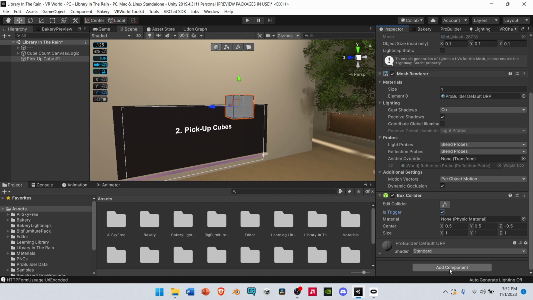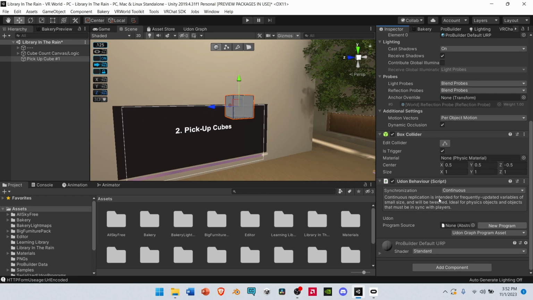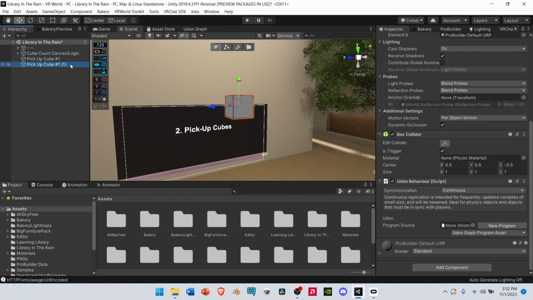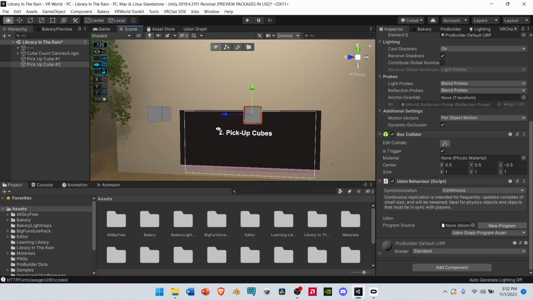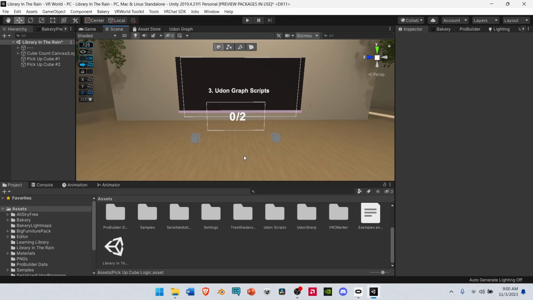Next, let's add a Udon behavior component. Select Add Component and search up Udon behavior. Select pickup cube number 1 again and duplicate it. Rename the duplicate to pickup cube number 2. Now that we've completed both our pickup cubes as well as our counter, let's start working on the Udon graph